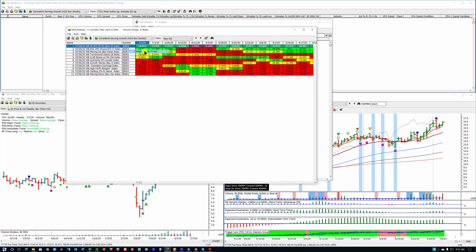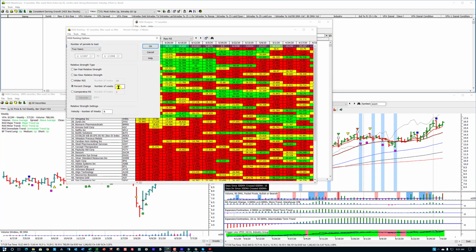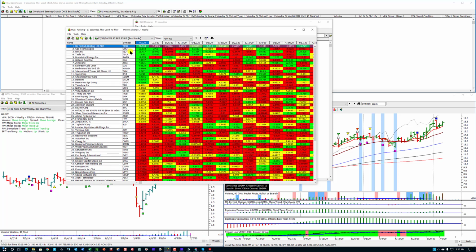And if I change to the index group, it's going to show me which of these box stocks have produced the most and the percentage change over 4 weeks. Now, 4 weeks is arbitrary. If you're more interested in 1 week or what's happening this week, just change this to a 1, and it's going to show that a stock,